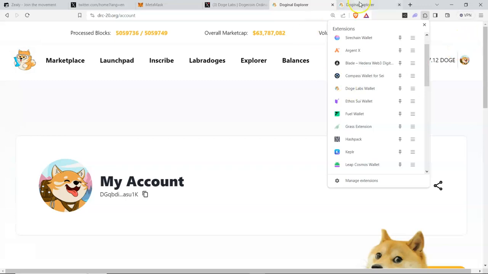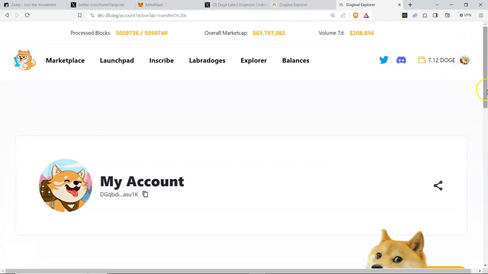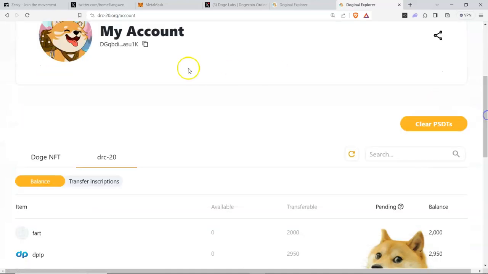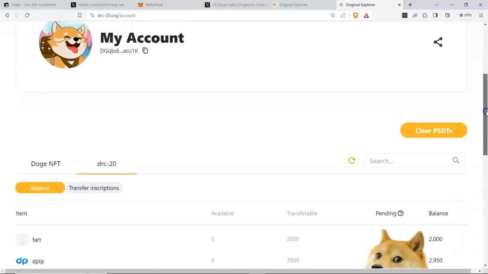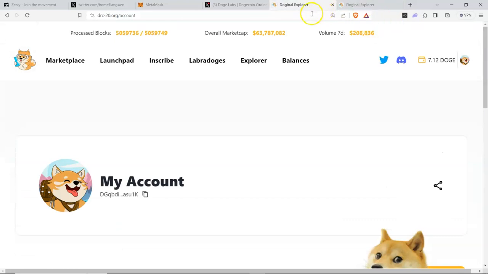Once you open your wallet, maybe you fund it with some Doge token. This is my wallet. I've already funded it with some Doge token. As you can see, this is my public key. Then these are the tokens I currently have in my wallet, as displayed in their various units here. Okay, this is my wallet, and if you go to this marketplace, you see a lot of tokens